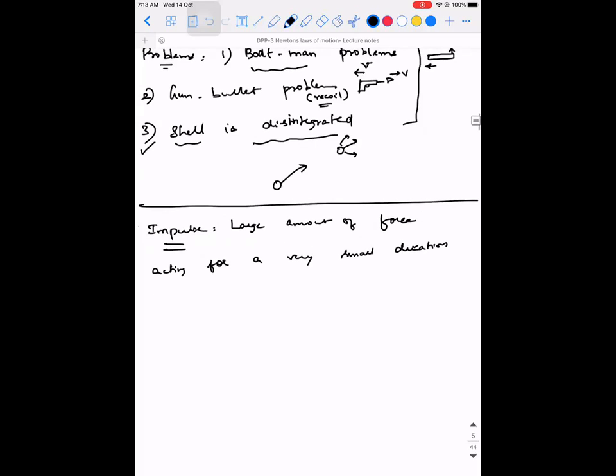Right? So impulse generally is represented by the symbol J. So impulse is equal to force into time. Okay. So there is a way we write it. Sometimes we write J is equal to the integral of F dt from t1 to t2. You can write it like this also, provided the force is changing with respect to time, even in that small time interval.